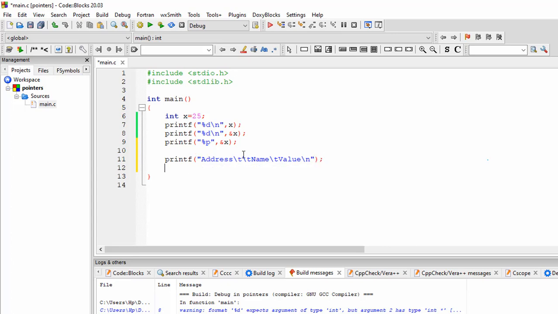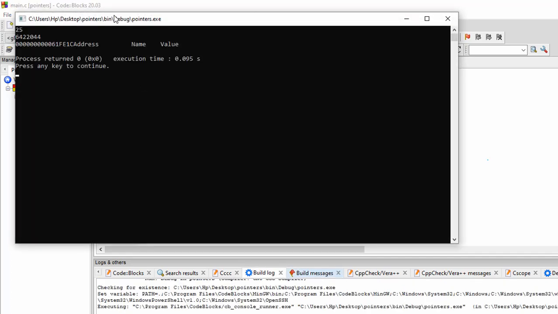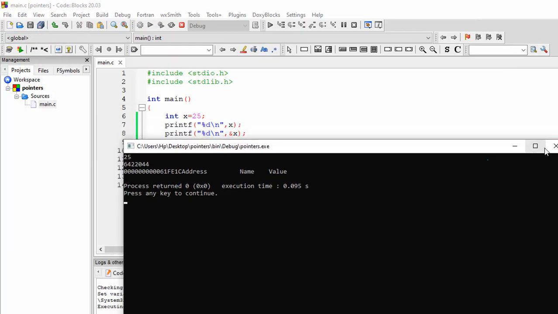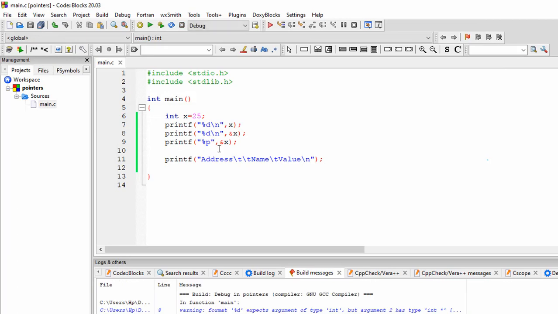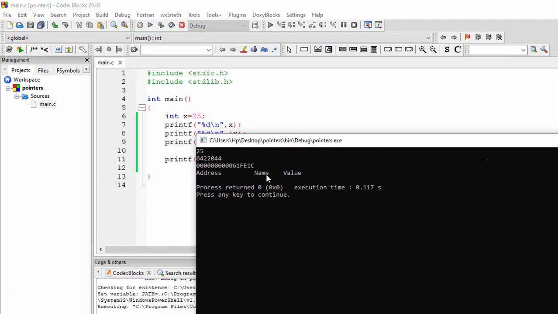Now I will show you the output. I have to insert a new line also here. Now you can see the output: address, name, and value.